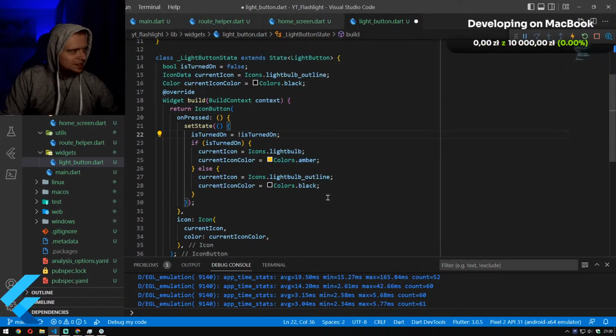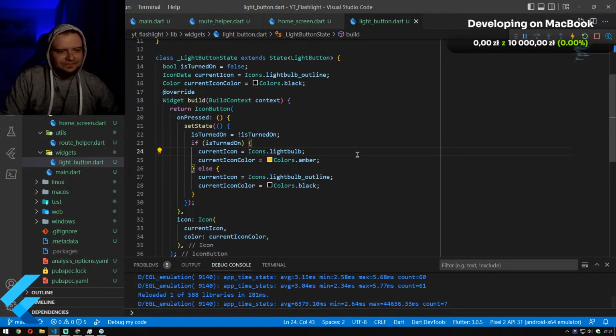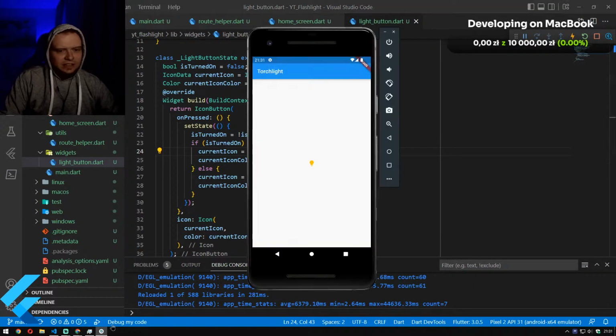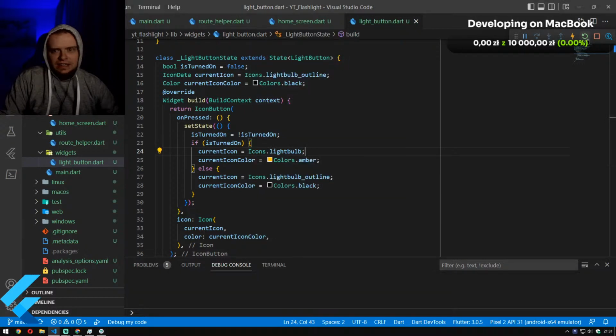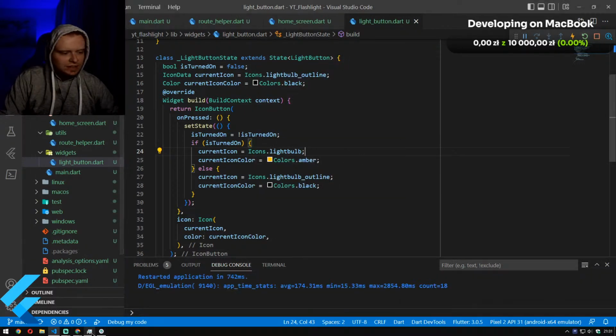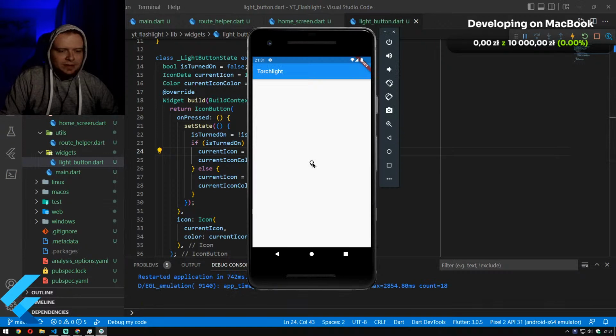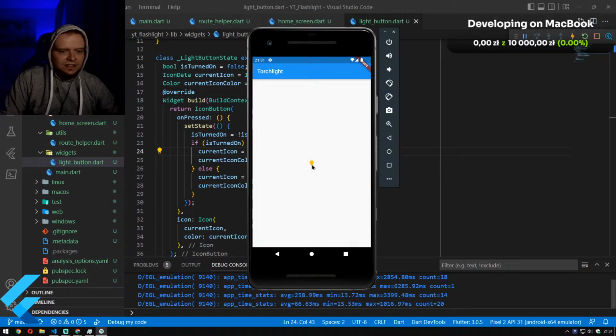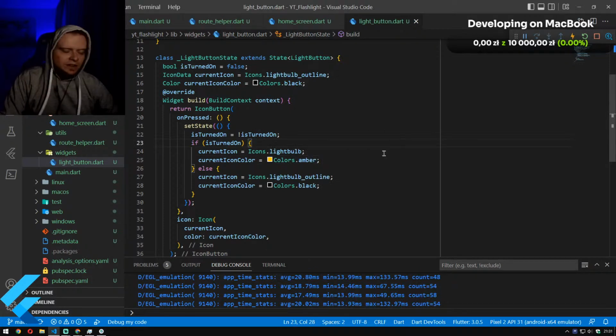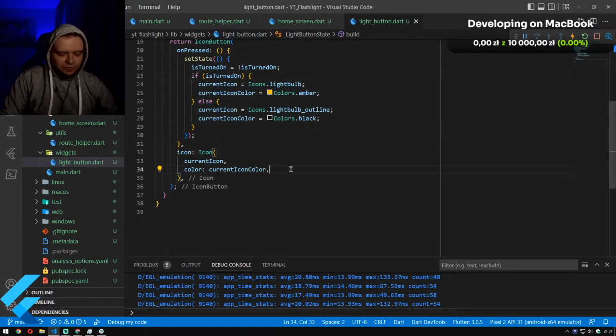So now whenever we save it and open it again, and maybe we can just reload it, because sometimes just saving and refreshing the website doesn't help. So it is changing like we wanted. However, as you can see, the icon is really small, and to change that we need to